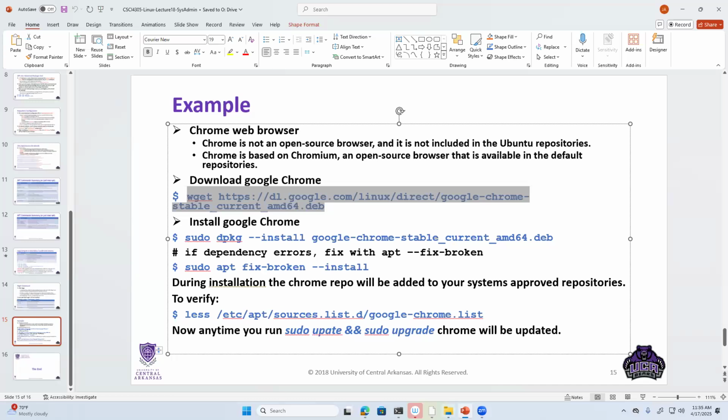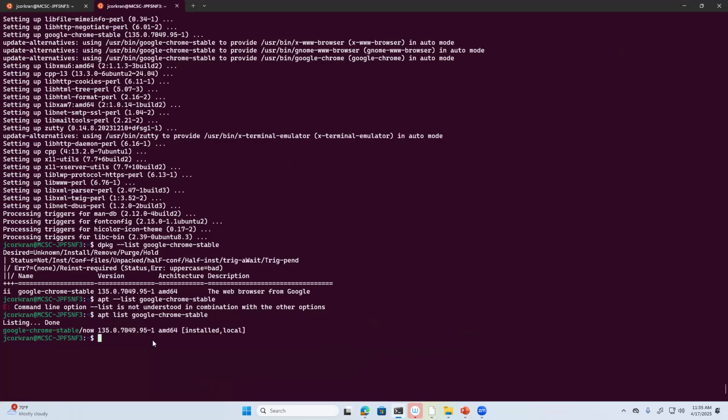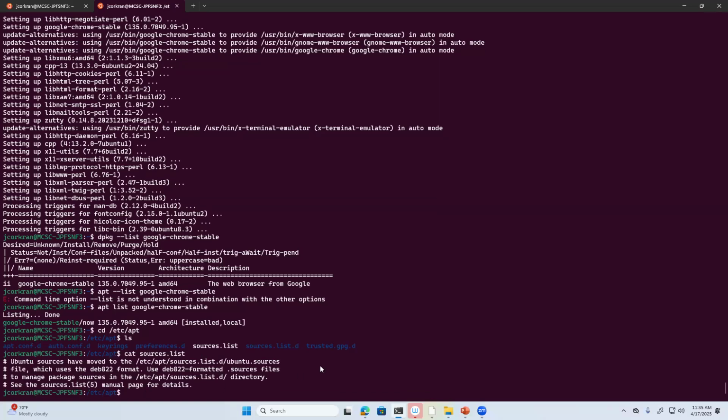All right. A couple of things I want to point out here: by downloading that, it actually added to our repository. So let's go ahead and cd into /etc. I think it's apt. And then we'll do an ls right here. So you can see we've got a sources.list and then a sources.list.d. If we were to cat out that sources.list,